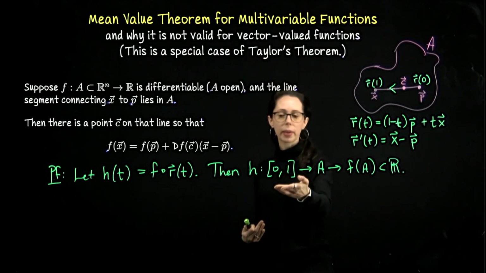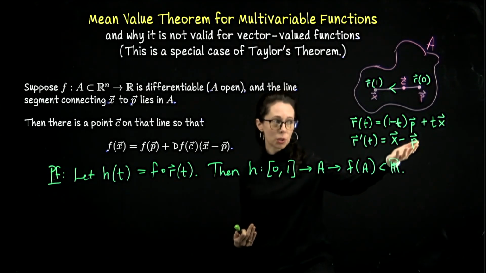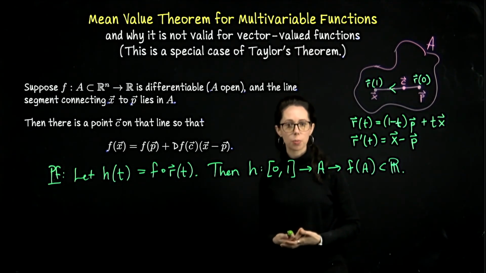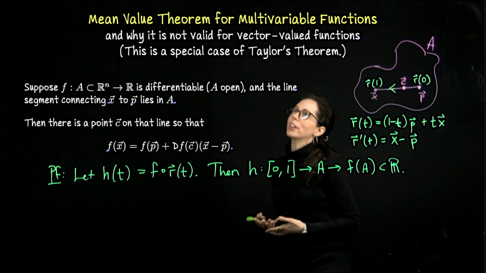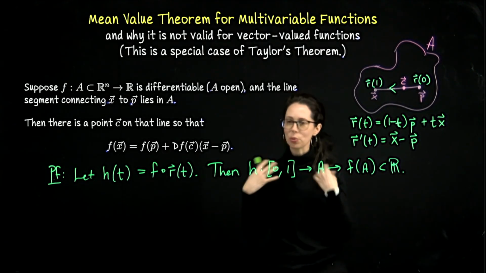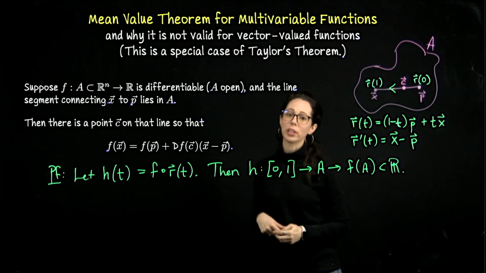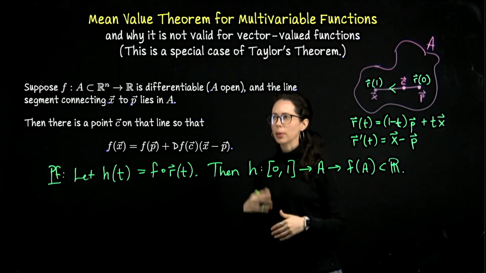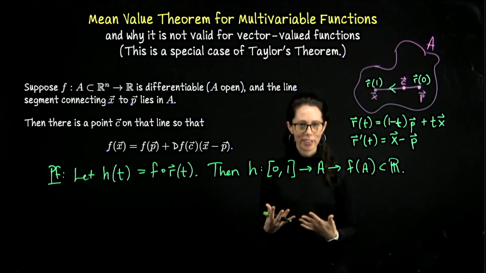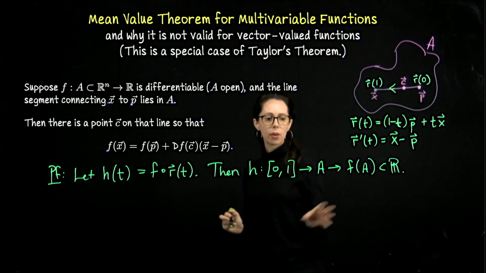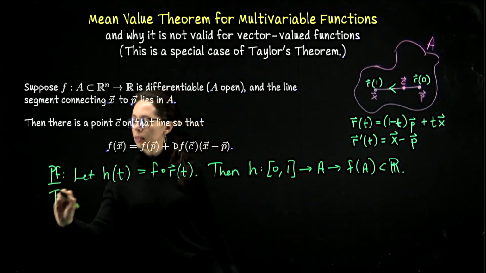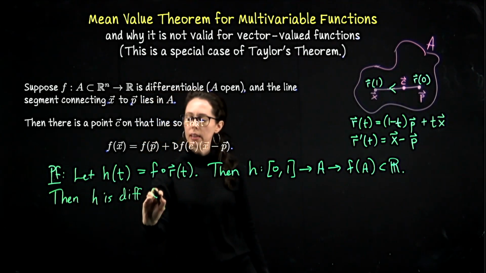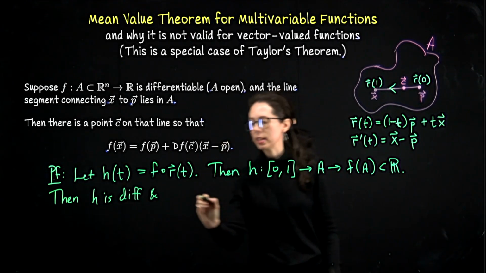It's also differentiable because f is differentiable and r is smooth. This is a straight line. We've already computed its velocity vector. So h is the composition of differentiable functions. It's what you could think of as a regular single variable calculus function. So we can just do h prime, and we can use any results that we have from real analysis 1 on h. In particular, we can use the n equals 1 MVT, the regular single variable MVT. Okay, I think I will mention that h is differentiable first. Then h is differentiable, and by the n equals 1 MVT,